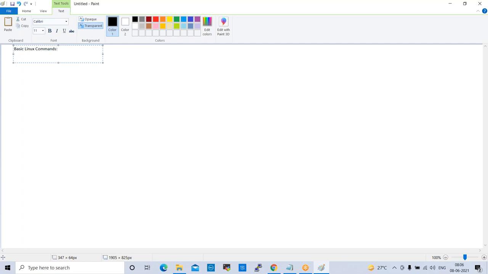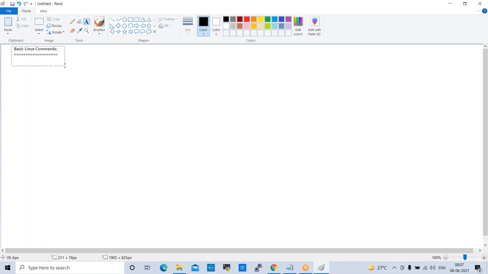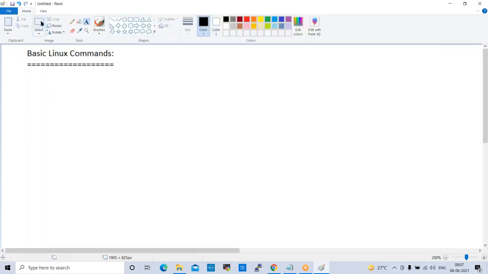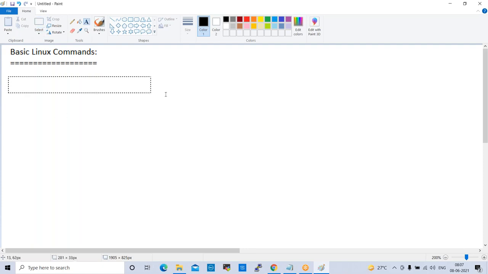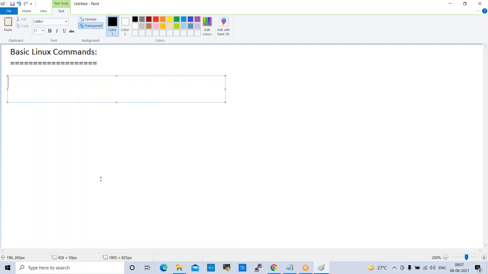Basic Linux commands. Yeah, so we have the first set of Linux commands, which are like creating, removing, copying, moving files and directories.